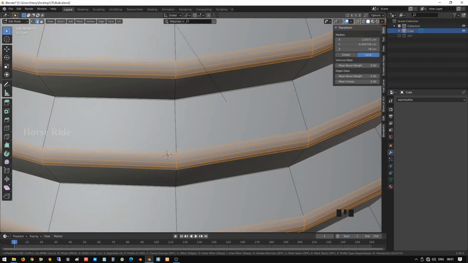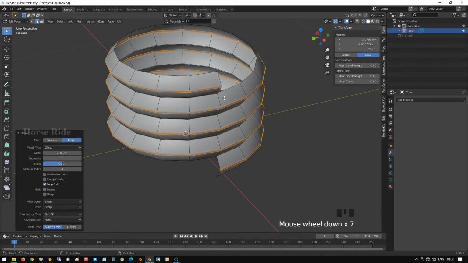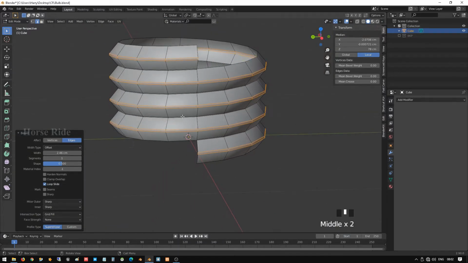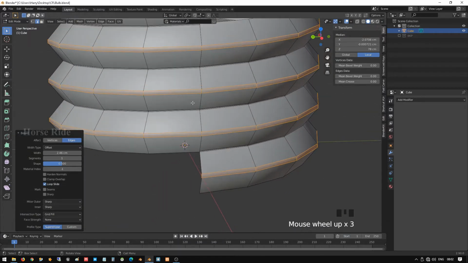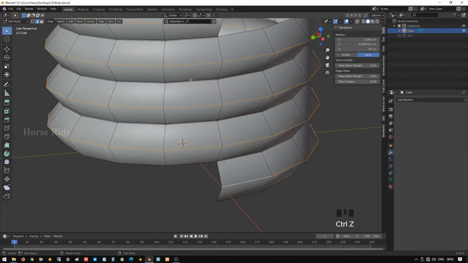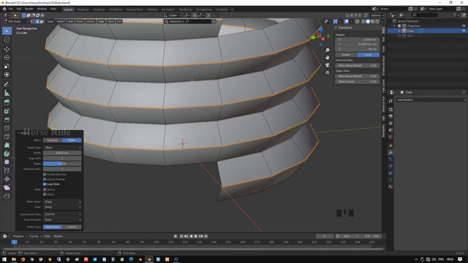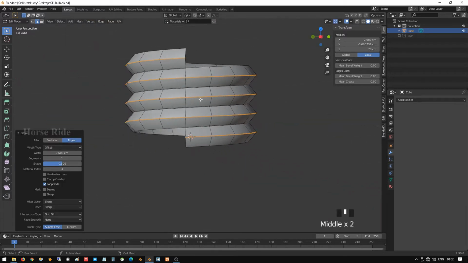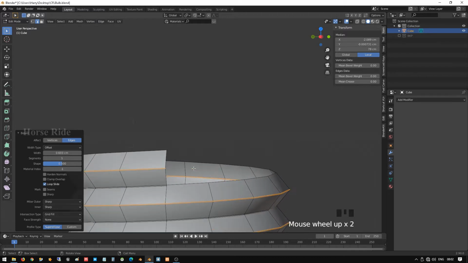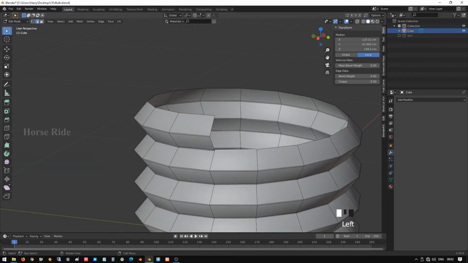In case you are having it like this, just scroll the mouse to reduce the beveling edges. So let me create the edges like this. Okay, this is enough for now. Yeah, sorry, we can make it a little bit smaller with Control Z. Okay, this is enough.